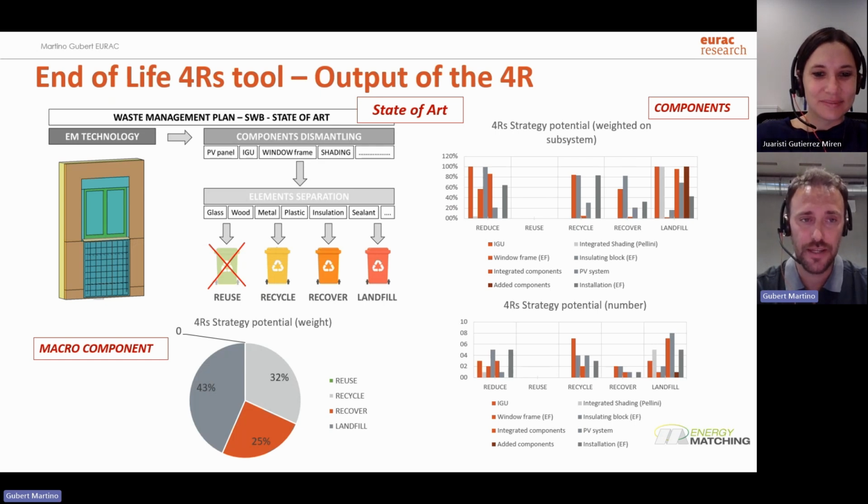This analysis was done a few years ago, and a few months ago we disassembled the product, the mock-up that was, let's say, aged a bit because it was a 5-year-old mock-up, and we actually found that the landfill part is even bigger than what we